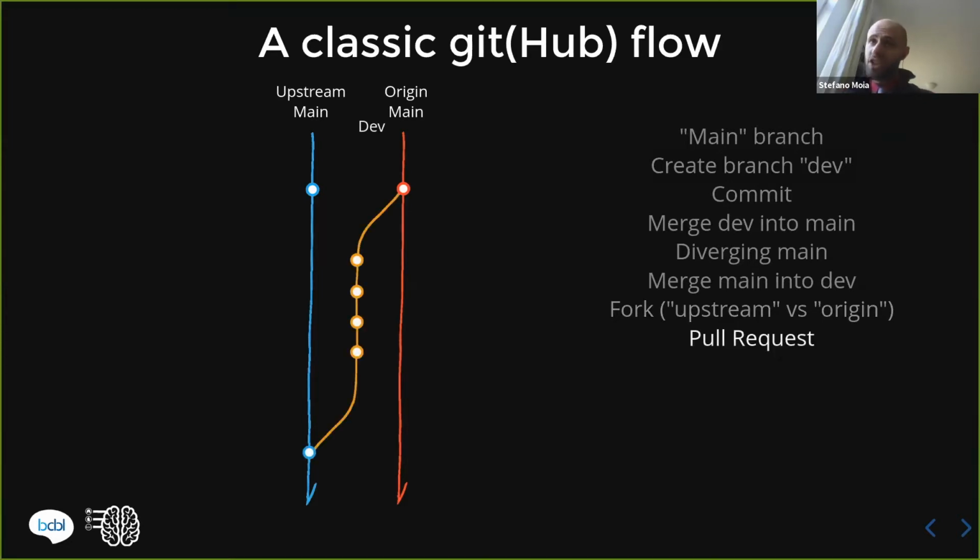Again, we branch from the new main branch in our fork, the main origin, into a new branch that is called dev. And this dev will be origin dev. And there we can do all the modifications that we want, once again, do all the commits that we want. And once we're happy, we have to send this code back to upstream.